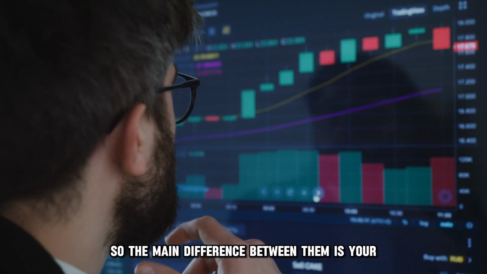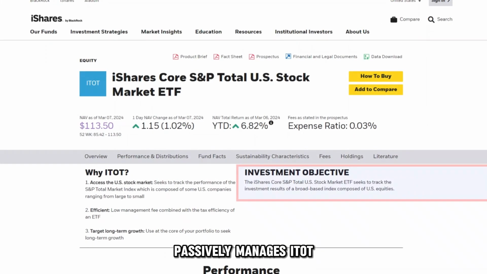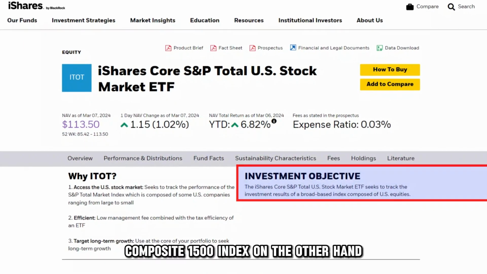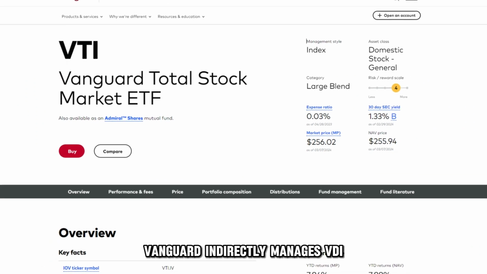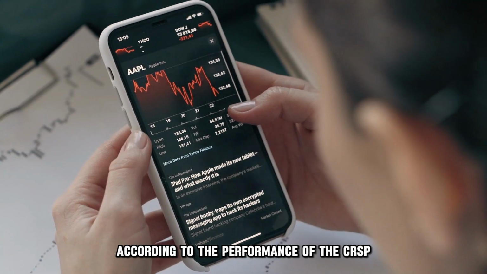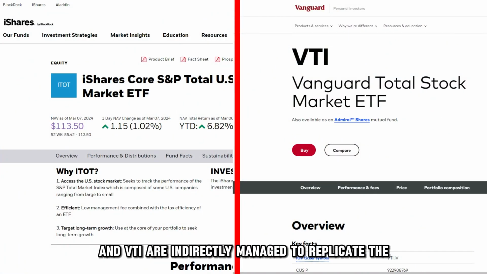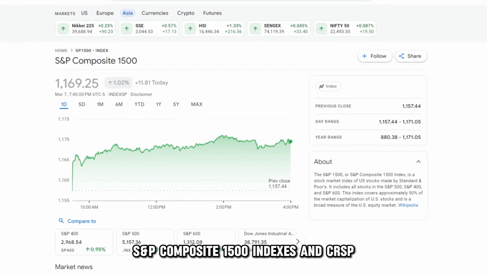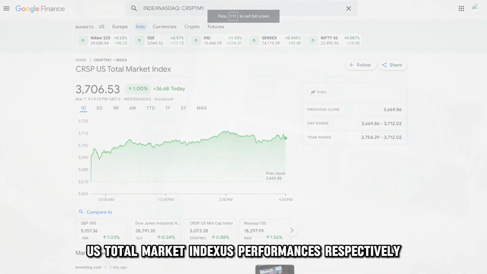So the main difference between them is their underlying indices. iShares passively manages ITOT to replicate the performance of the S&P Composite 1500 index. On the other hand, Vanguard indirectly manages VTI according to the performance of the CRSP US Total Market Index. Therefore, ITOT and VTI are indirectly managed to replicate the S&P Composite 1500 indexes and CRSP US Total Market Indexes